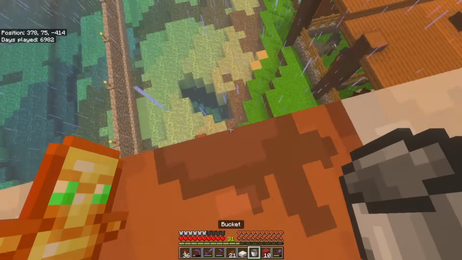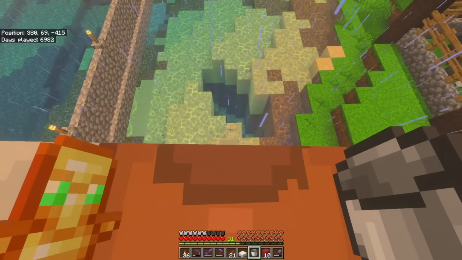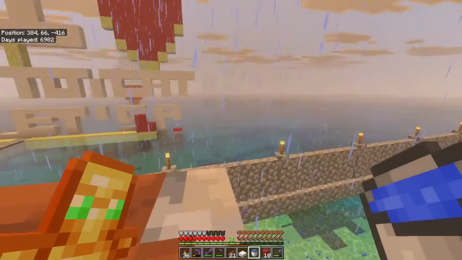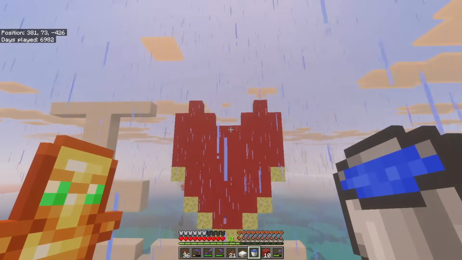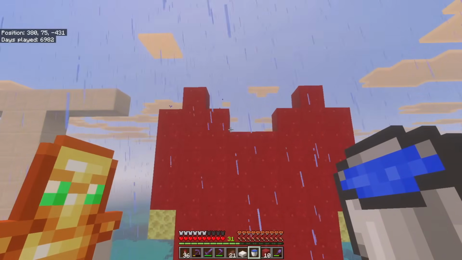I'll bring my ghast down to water level. I don't think I'll be able to reach the water from the ghast. Oh, I can. Okay, perfect. And then I'm just going to cover the concrete in water. I mean, it's literally covered in water already, but...